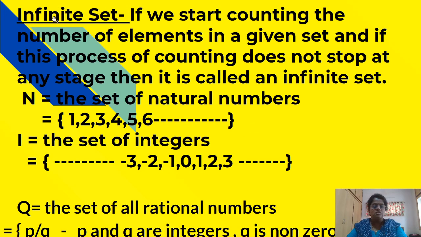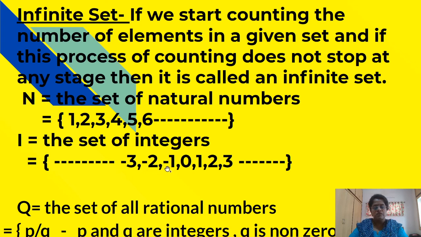Now see the definition of an infinite set. If we start counting the number of elements in a given set and if this process of counting does not stop at any stage, then it is called an infinite set. For example, N is the set of natural numbers, which contains the elements 1, 2, 3, 4, 5, 6 up to infinity. Similarly, I, the set of integers, which contains the numbers like